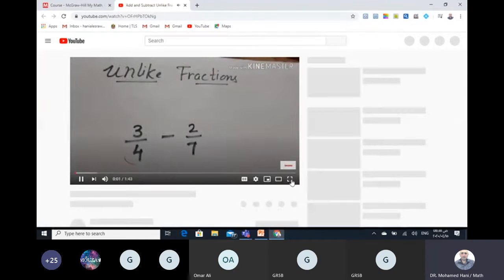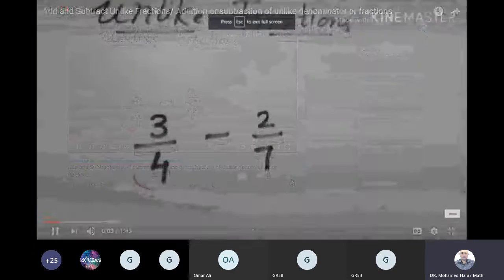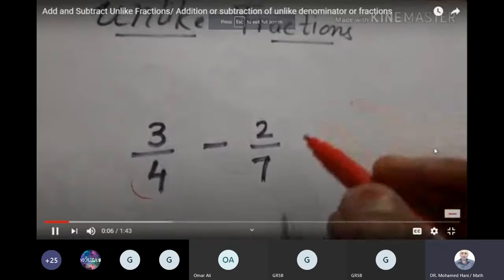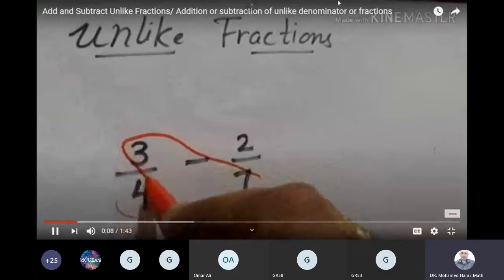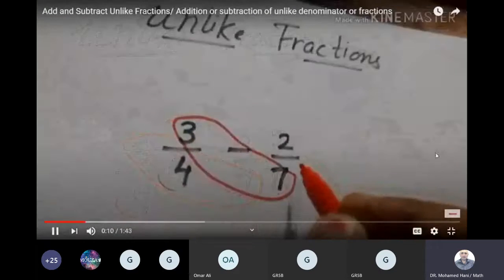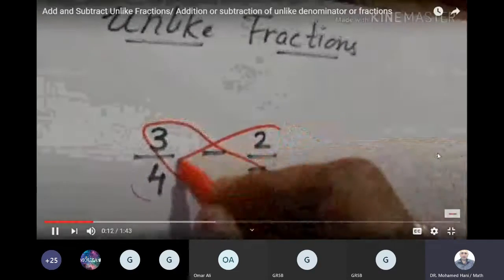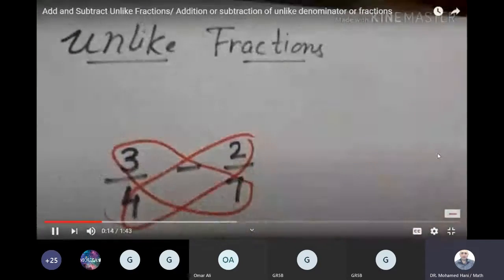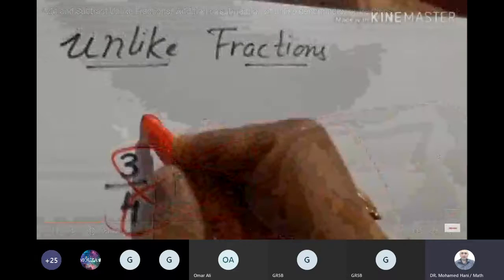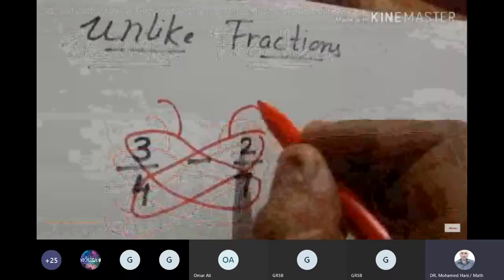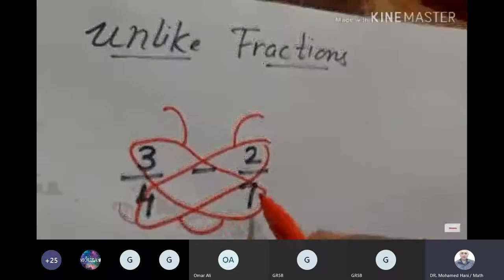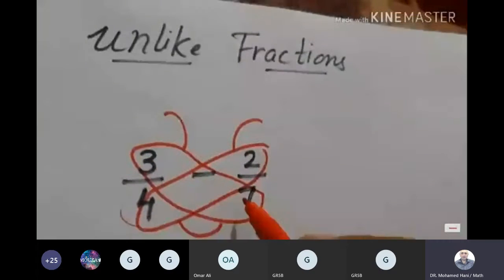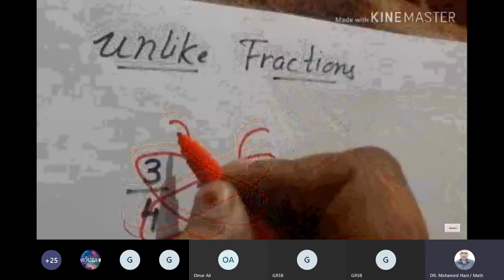Let us solve unlike fractions using the butterfly method. Very easy to solve. So first of all, I'm going to make a butterfly. Now, I will multiply these two numbers and write down here